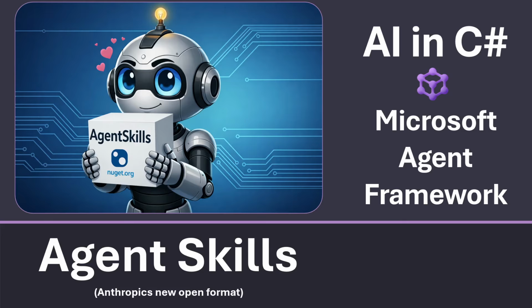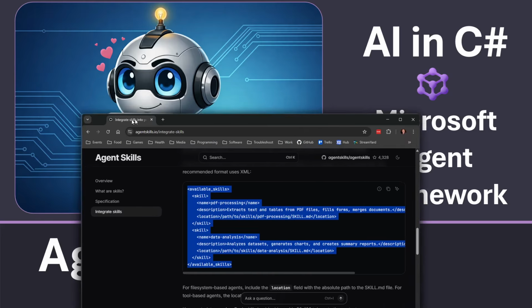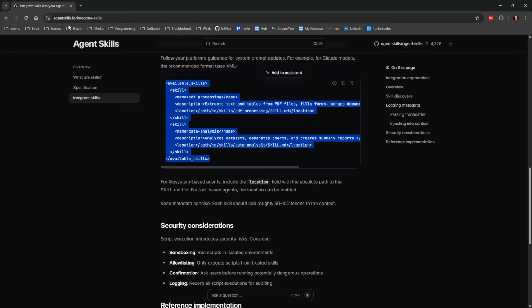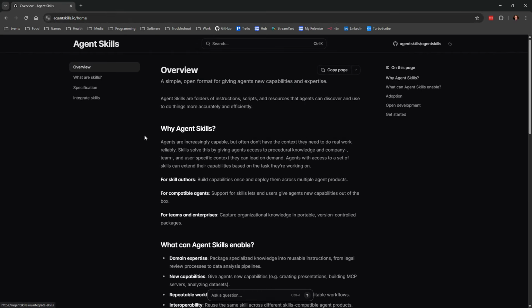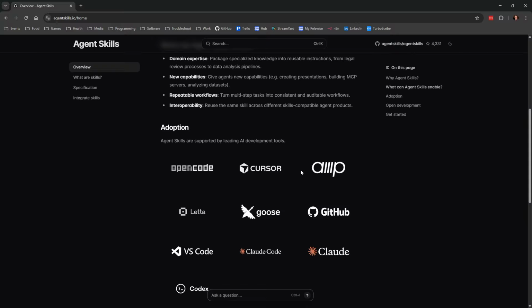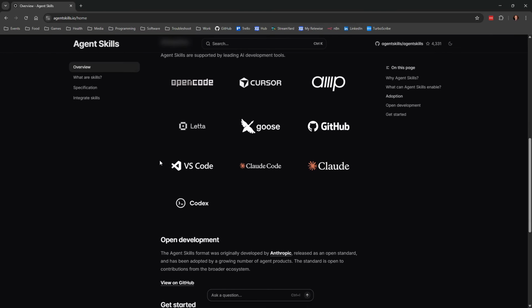And they have made a site called agentskills.io, and they have open sourced everything, but they use it internally, and it's adopted by many, and it's mostly aimed at the various coding tools, but you can also use it in normal AI.